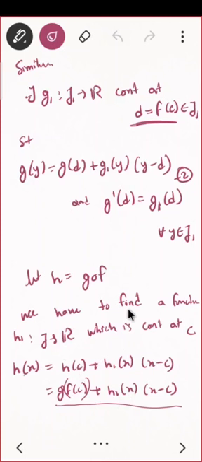Correct? We have to find a function h1 from G to R which is continuous at c. So that is what I asked you at last, whether it is continuous at c. That is what I have to check. So h of x must be the same as h of c plus h1 of x into x minus c. This is what I want, this is my aim. I need a function h1 such that something should happen. So let us see what h of x actually is.